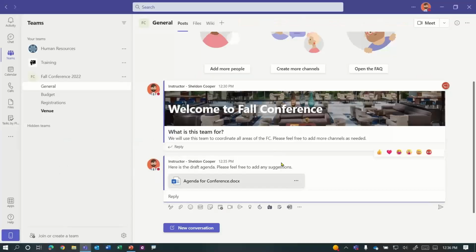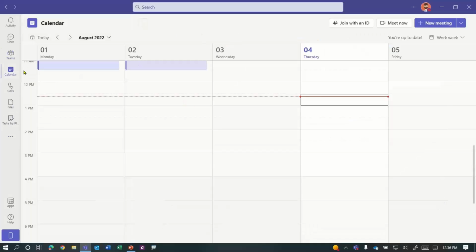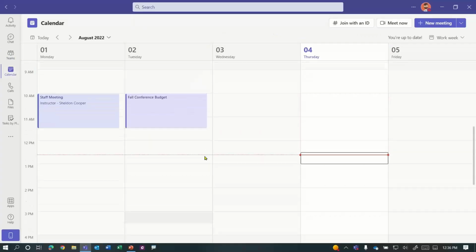Now, in Microsoft Teams, down the left-hand side, you'll notice there is a calendar icon. Now, the first thing to recognize is that this calendar icon provides you with the exact same schedule that you see in Outlook. It's just now two different places to access your same schedule. So this is your schedule.